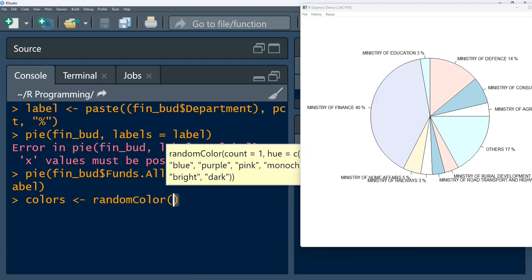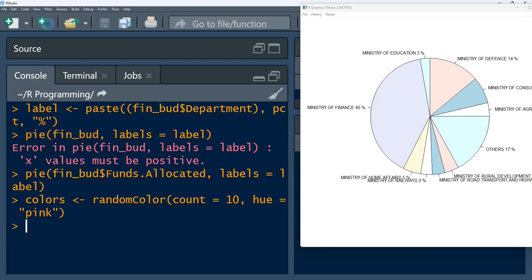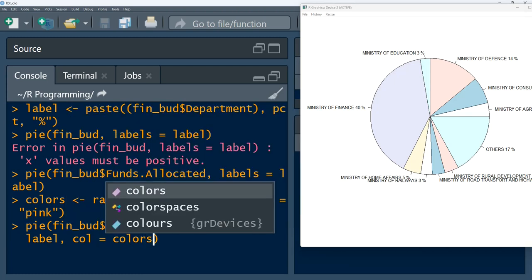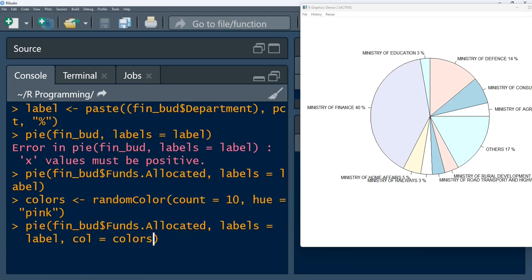So I'm going to use random color, and I want this to be 10. Now let's say we say hue, and let us say now we use pink, and let's run this. Now if we come here inside the pie function and we say the color should be colors,